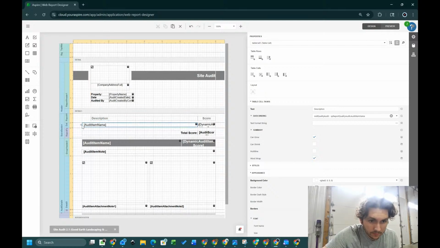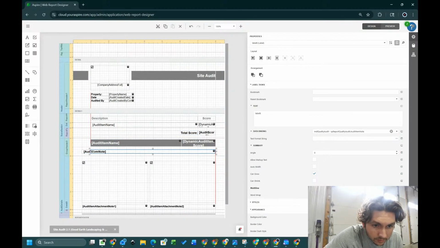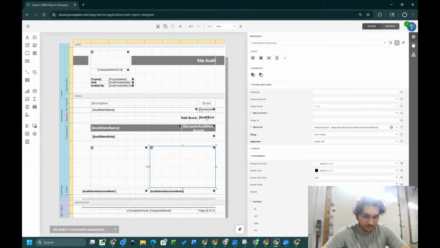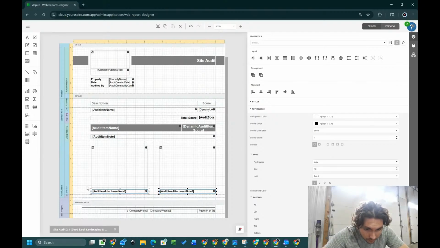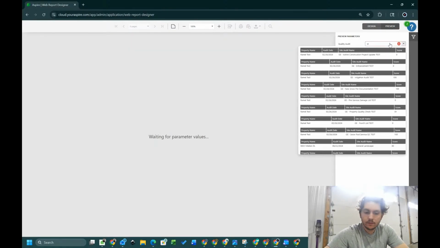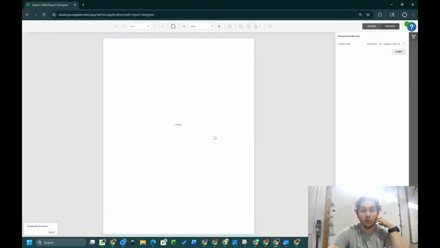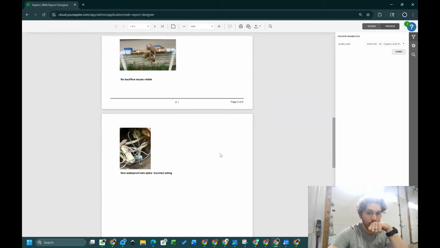Something that I did notice is that seems like that is really where we want items to be. All right. Let's go to test. Irrigation audit test. Says a score, so that score should show up. Pass, pass, pass. Irrigation zone audit. Pictures are showing up properly. Controller issues and